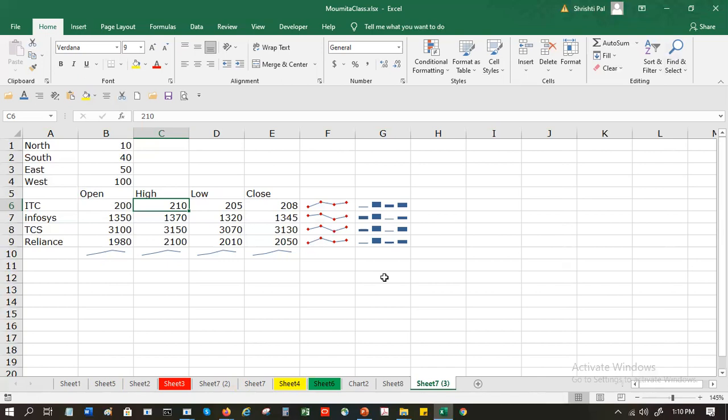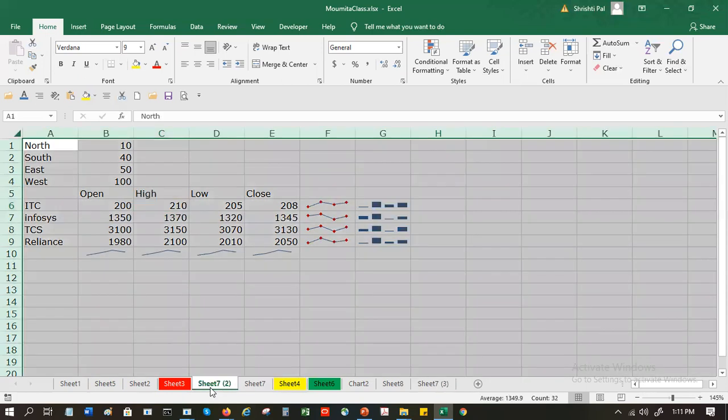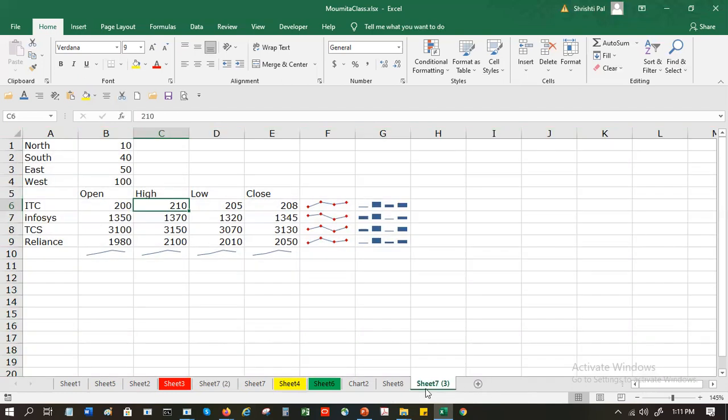So is this the original one or the copied one? Here you see within brackets it's 3. By default, the system will do this. Sheet7 is the original one. This is the first copy. This is the second copy.